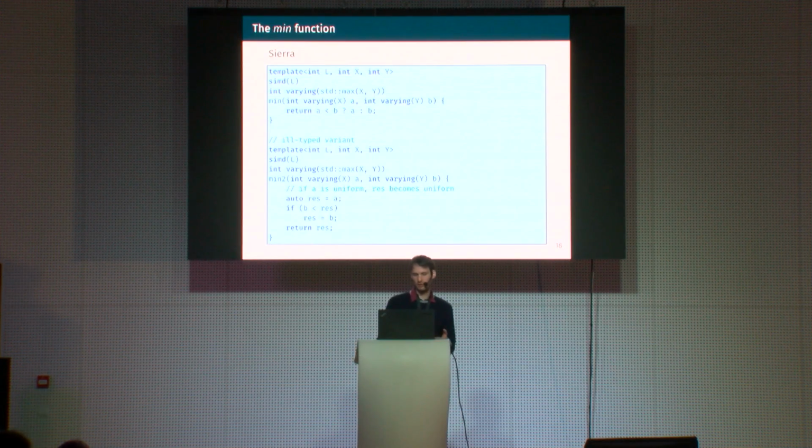And with this, you can leverage C++ templates to compute the return type, or the uniformness; basically compute whether or not the result is uniform or varying, depending on whether the arguments are varying or uniform. You do this by taking the max between x and y here. So x is the information whether A is varying or uniform, and y is the information whether B is uniform. And if you take the max, then the result is uniform only if both the arguments are uniform,